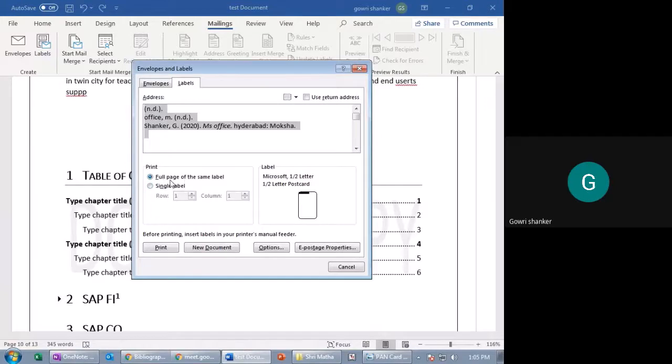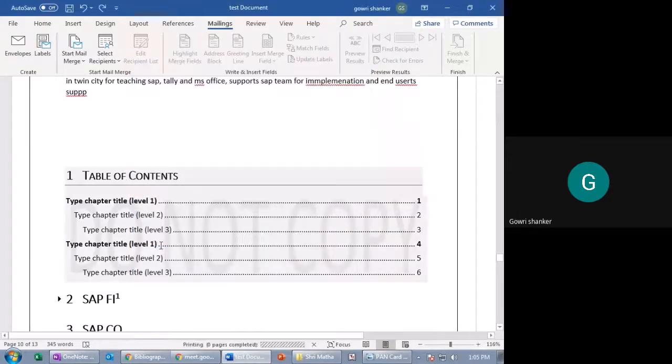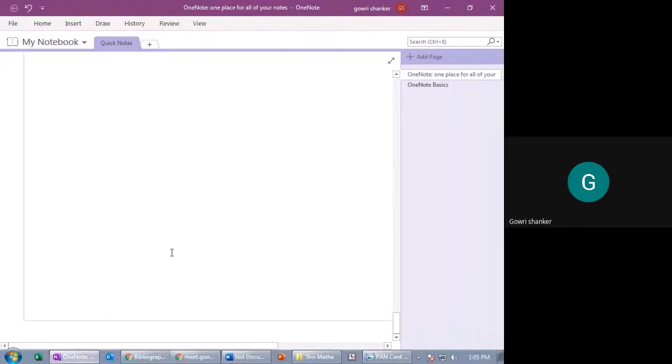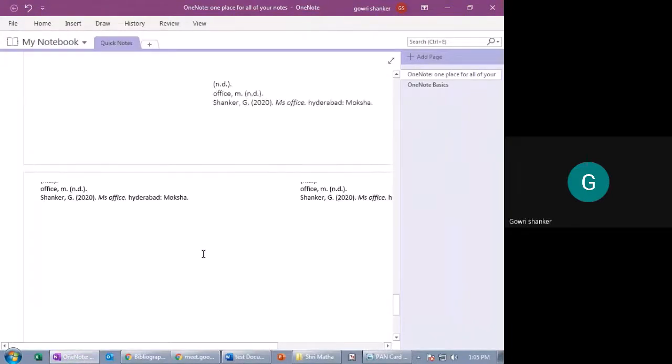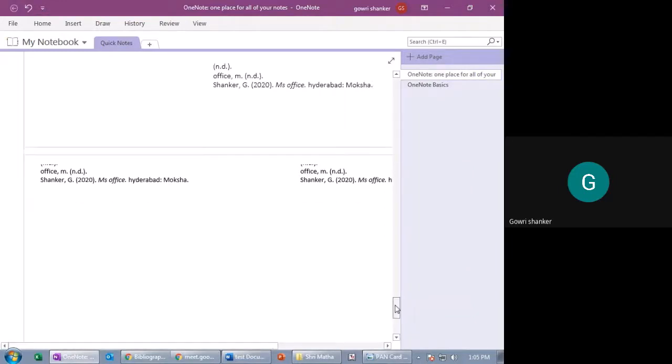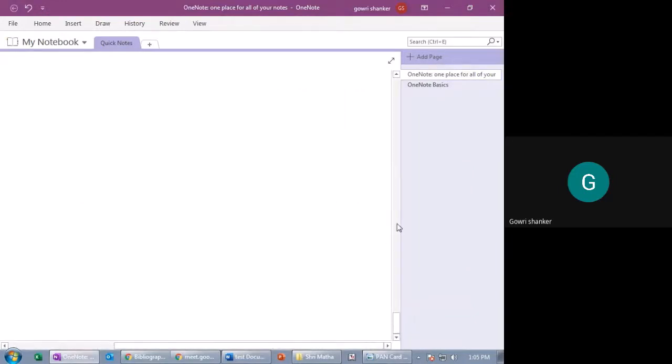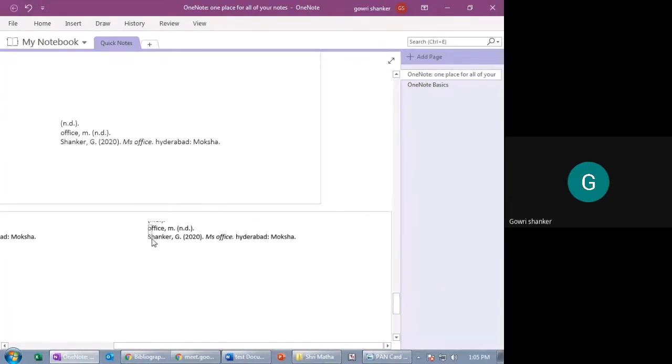The same full page of same label you want. Okay. You say print. For example, you see how it is going to work out. See, the same address is printed as label here in the page. This is one page and this page.